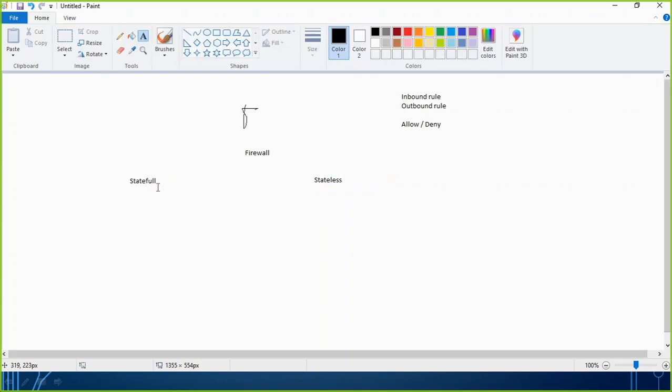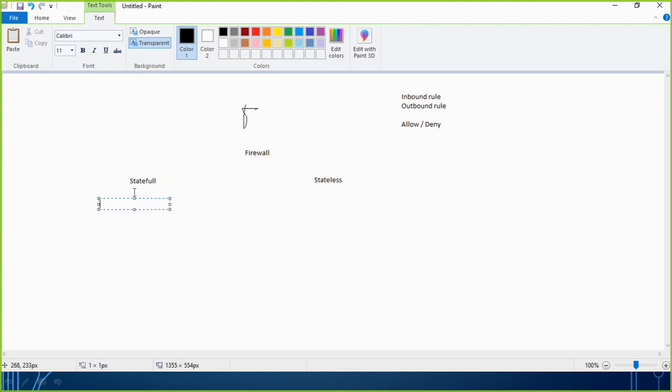What is the difference between a stateful and a stateless type of firewall? If we talk about a stateful firewall, as per its name, it is stateful, meaning that, for example, I create an inbound rule. Let's say I have created an inbound rule telling that port number 22 is allowed. Maybe this is the rule I made, that port 22 for SSH I want to allow. Maybe it is my PC running Red Hat Linux, and I want to allow an SSH connection there. So I have allowed port number 22.